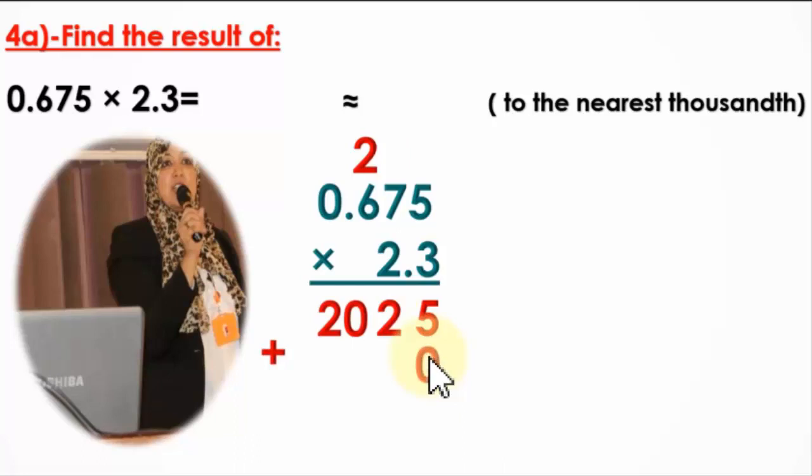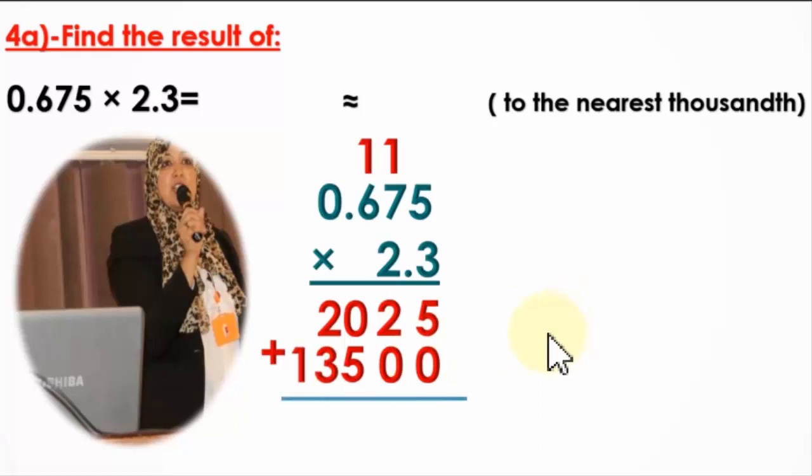2 times 5 equals 10. Write 0 and carry 1. 2 times 7 equals 14 plus 1 equals 15. Write 5 and carry 1. 2 times 6 equals 12 plus 1 equals 13. Then add the results. 5 plus 0 equals 5, 2 plus 0 equals 2, 0 plus 5 equals 5, 2 plus 3 equals 5,